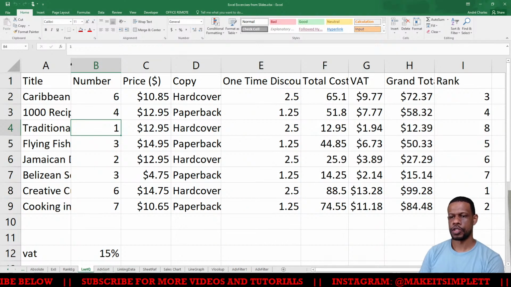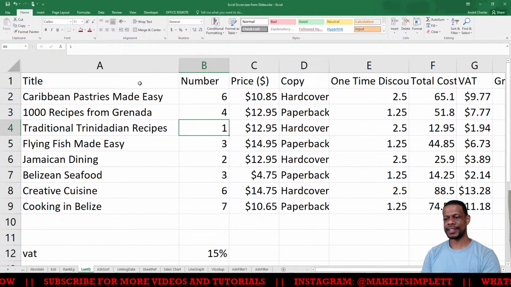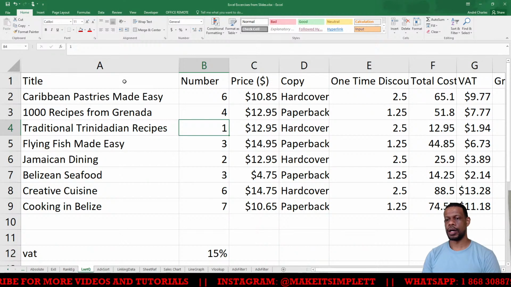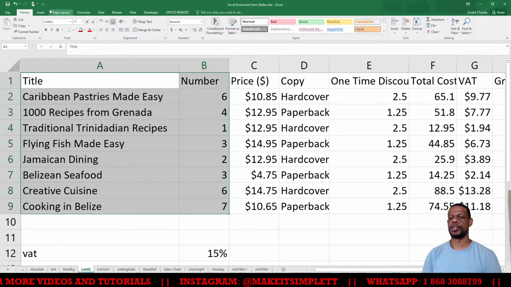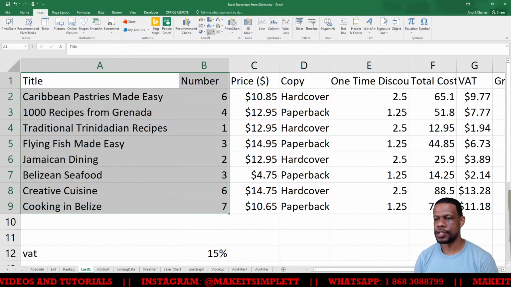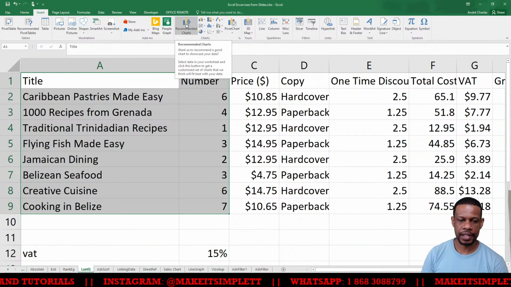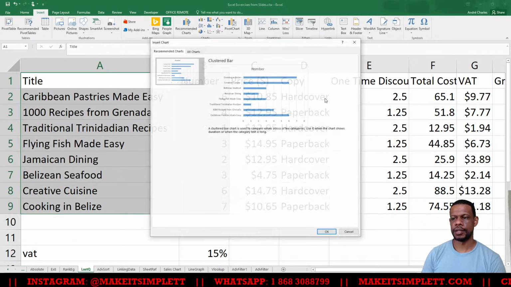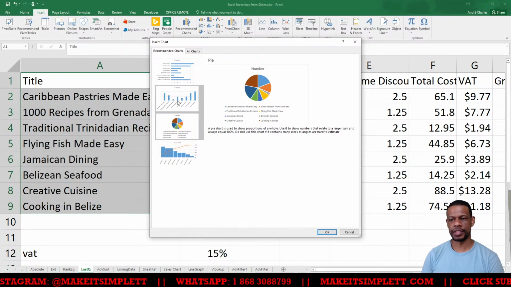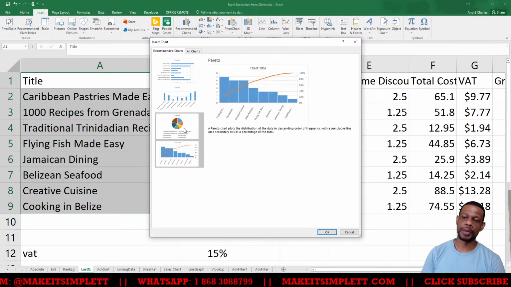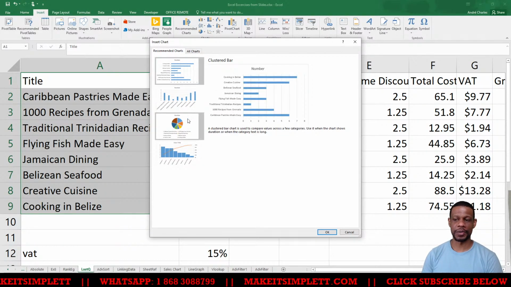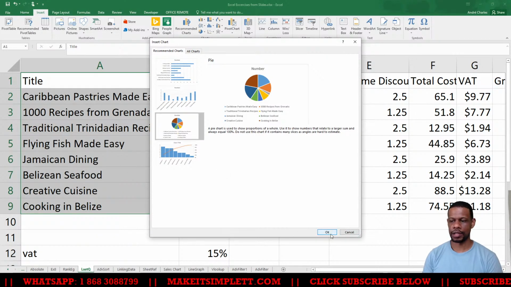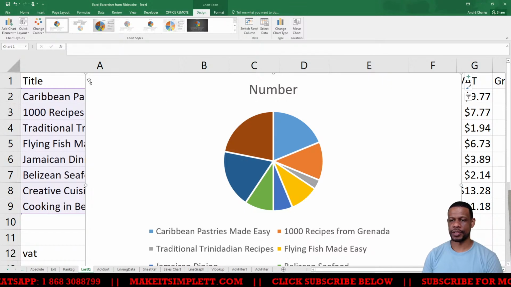Okay, yeah, right. So I have these books here. They have a title and then they have a number, right? I guess the number is the amount that they have in stock or something like that. So I could highlight title and number, go to insert, and then I will see charts. Here's a life hack: recommended charts, and it will give you a recommended chart, and you'll be like, ooh, this looks cool. Oh, this one could work also. The recommended chart will basically look at your data and then figure out which one is the best chart to use. But usually you must have a pie chart, so when you click OK, it will give you a pie chart, and the pie chart will appear inside